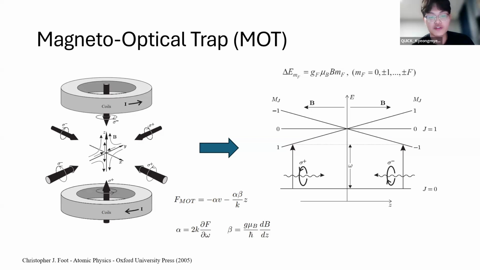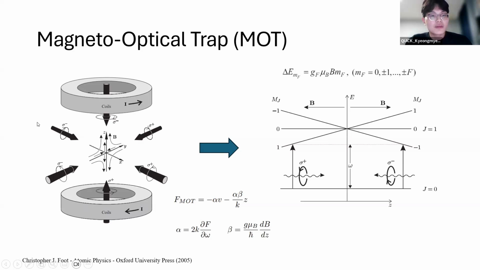How would we control individual atoms? To control an individual Rydberg atom, you need to have precise control over one atom, right? To do experiments with atoms at room temperature, you need to cool the atoms to microkelvin temperature. To do this, you use a technique called a magneto-optical trap. What this basically is, is that you propagate 6 lasers and you produce a magnetic field with the anti-Helmholtz coil.